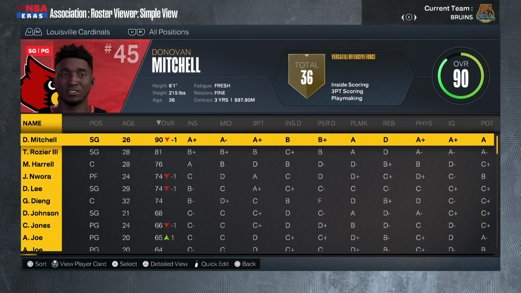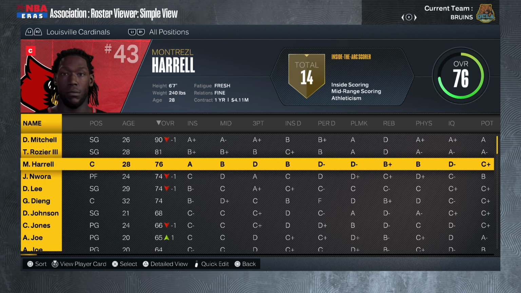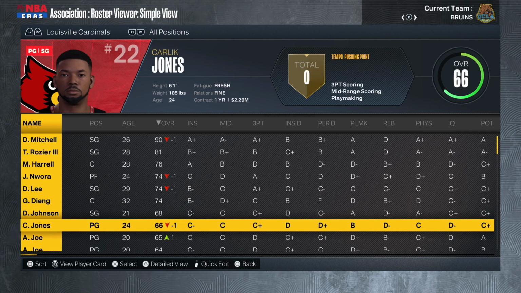I forgot to mention that, but I guess the default is you guys just see the home ones when I show this preview. But yes, we do have home and away, so it won't look weird. It won't be all white whenever they play each other. Also got Terry Rozier, you got Montrezl Harrell, Jordan Nwora, Damian Lee, Gorgie Jang, David Johnson, and Carlik Jones rounding